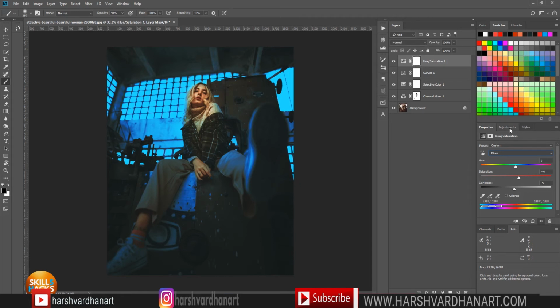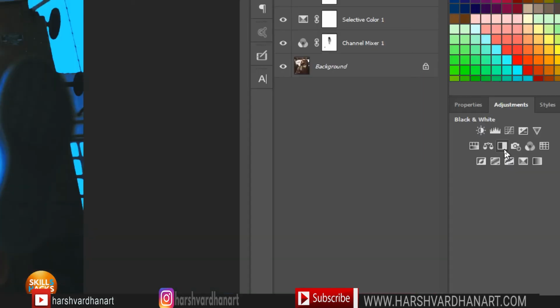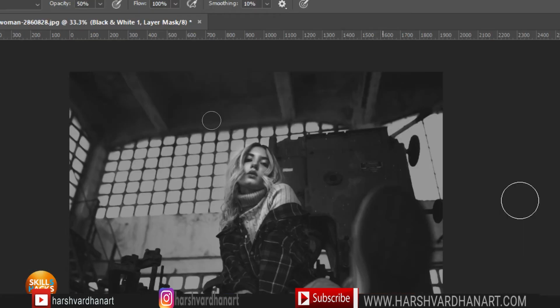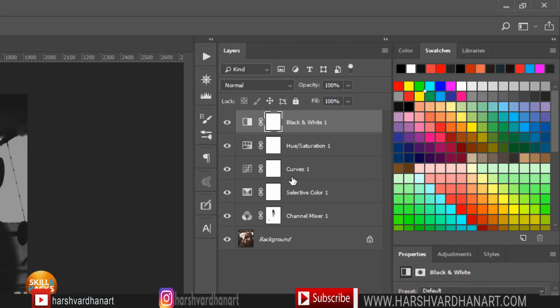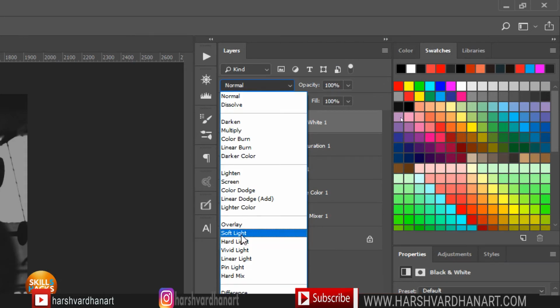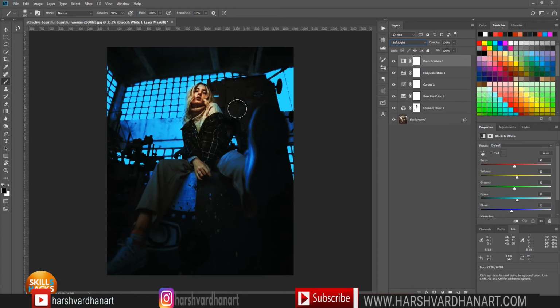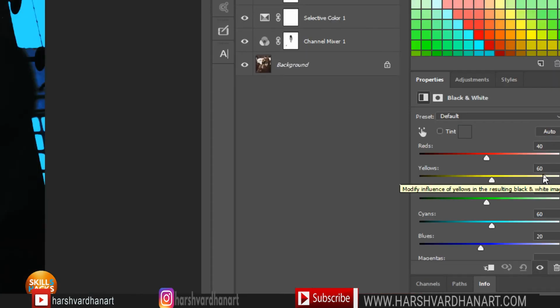And now we'll go to the adjustment layer once again, and let's click on the black and white adjustment layer, which is over here. So click on this, and that would turn our image into black and white, but we need to change this layer blend mode to soft light, and the moment we'll do this, we'll get this kind of a result. And now we have all of these channels, so we can adjust all of these to get